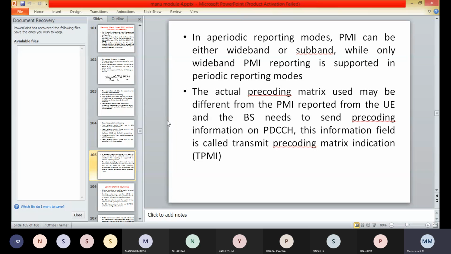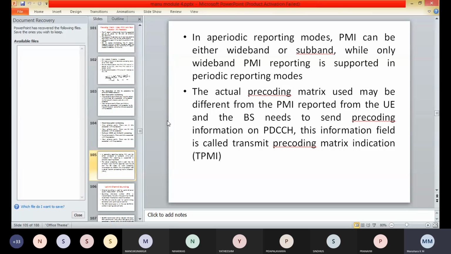If the TPMI indicates a precoding matrix, this matrix is used for all the frequency resource allocation. The E node B may also decide to perform transmit diversity and indicates it in the TPMI.